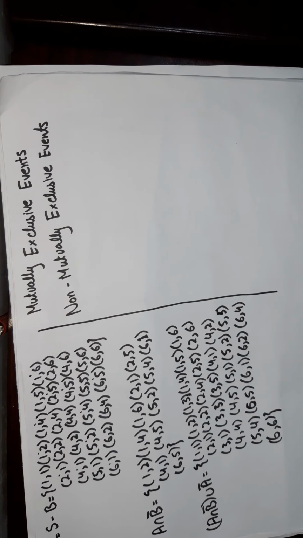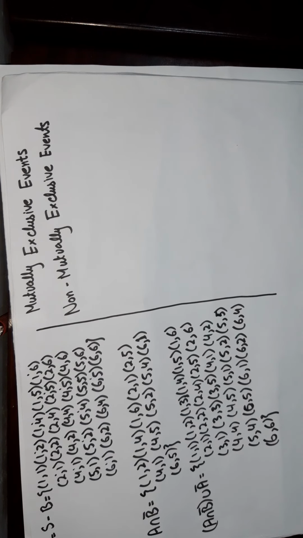For example, as we have discussed in the example and question on rolling a die, if you roll a die, the number comes from 1 to 6. Now an even number and an odd number cannot occur at the same time. So even and odd numbers are the sets. If A represents even numbers and B represents odd numbers, they both cannot occur at the same time. This means that they are mutually exclusive.